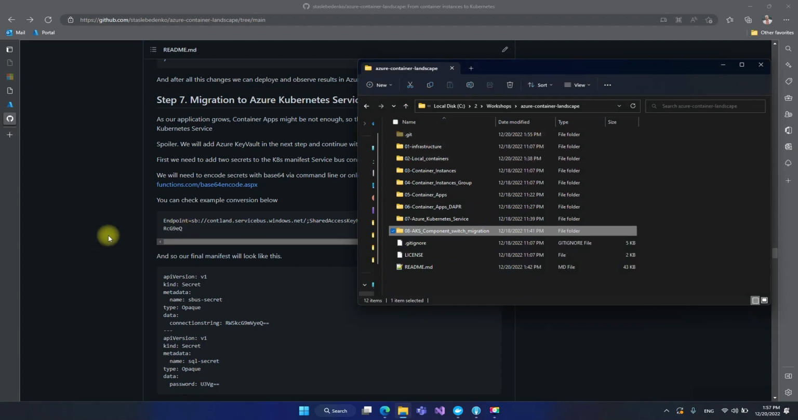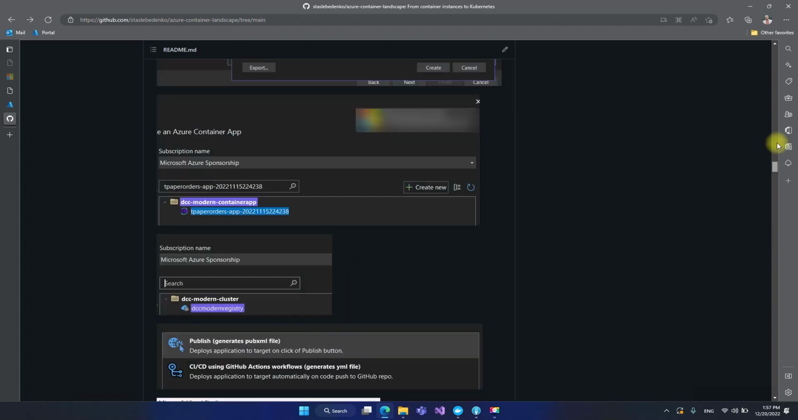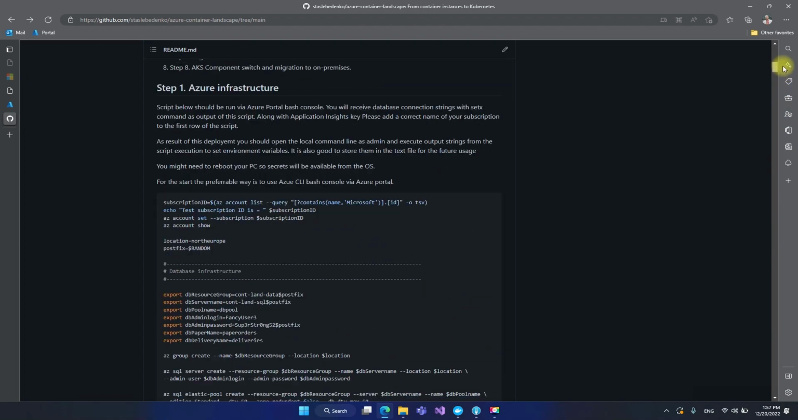Step number 1 is the infrastructure. The easiest way to deploy our infrastructure is to just copy paste it from GitHub. But one important note, as you can see, I'm getting the subscription ID by querying the name of the subscription. My subscription name contains name Microsoft. So essentially, I'm checking if it's a correct one, and then doing the AZ show. So if I will